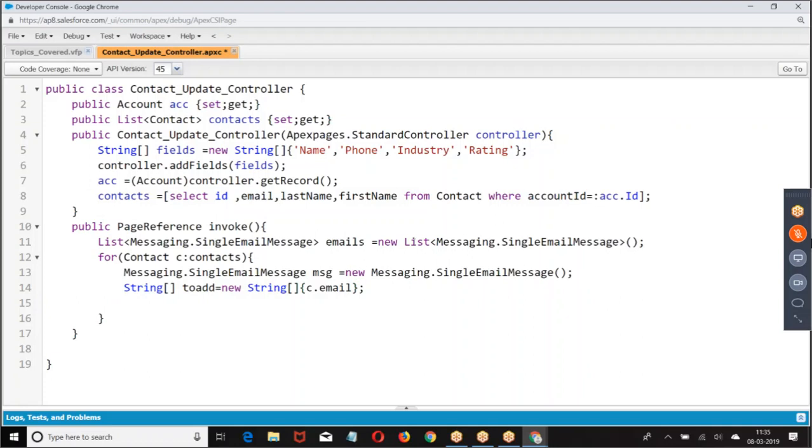Then we're giving string, c dot. Update.